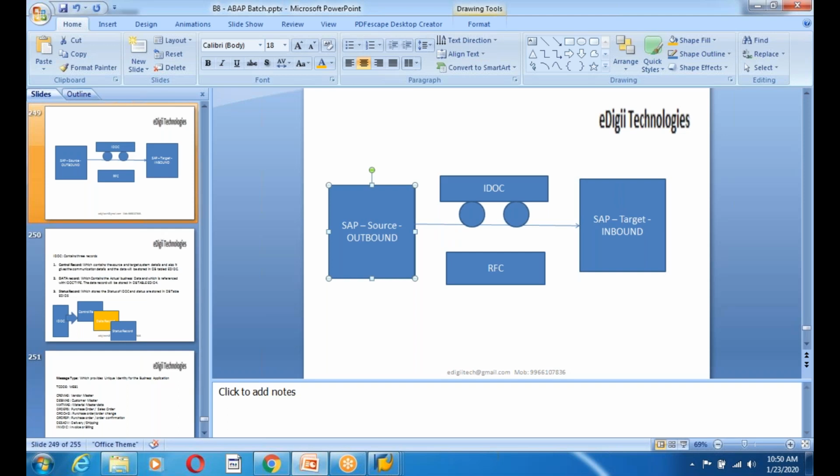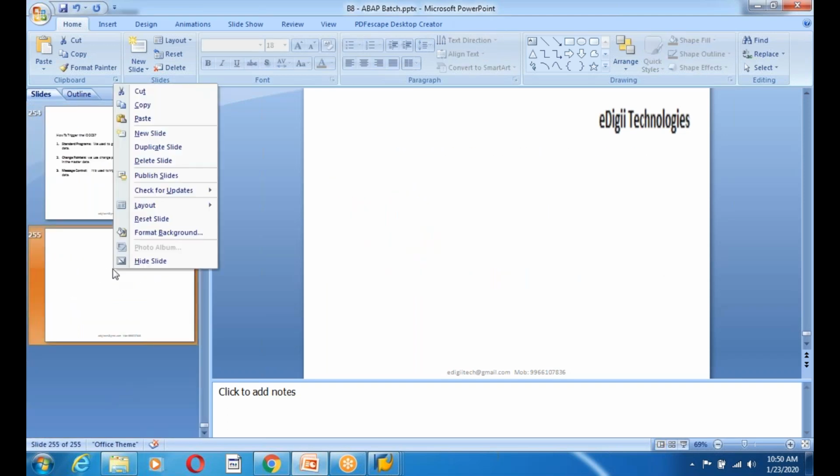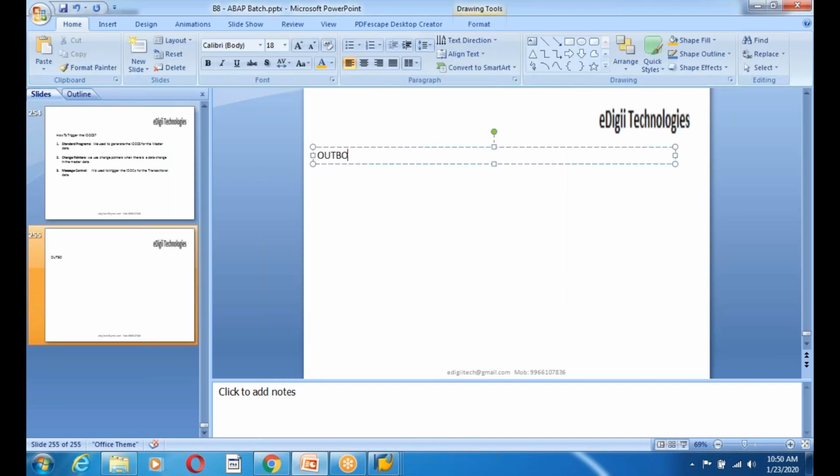So what are the steps to trigger an outbound IDoc? What are the steps to receive an IDoc in the inbound system? First we'll go with the outbound IDoc steps. What are the steps which we need to do whenever we do an outbound IDoc? So the first step is